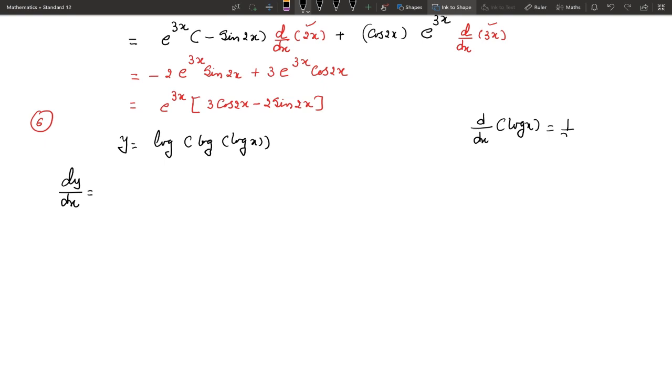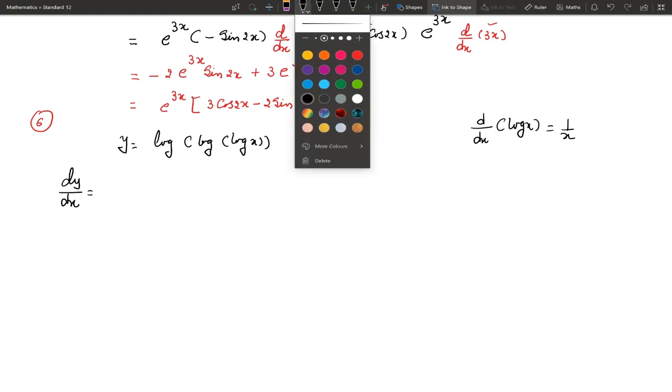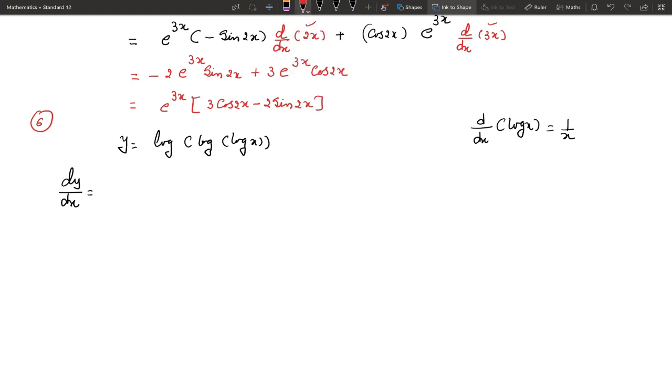It is 1 upon x. So when we differentiate this, consider this one as x. So log of x, then it is 1 upon x. So this is 1 upon log of log x using this formula. But you can observe inside it is a function of x. So by chain rule, we have to differentiate